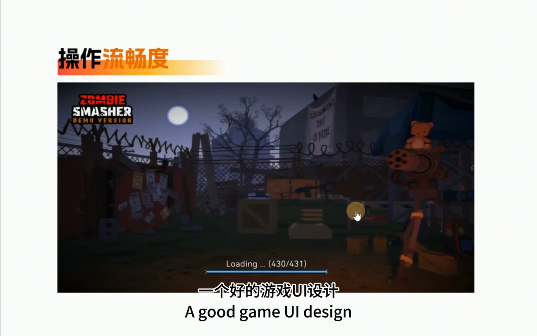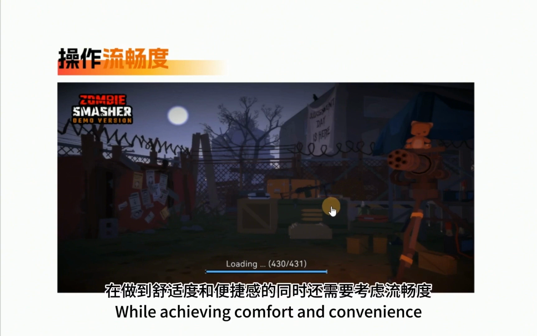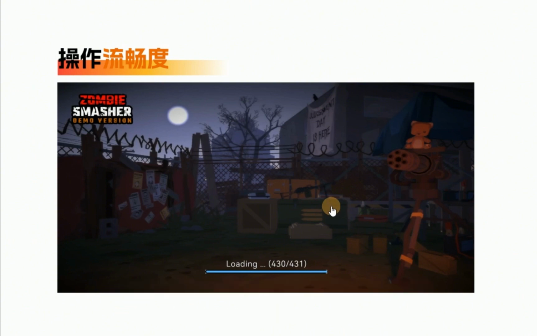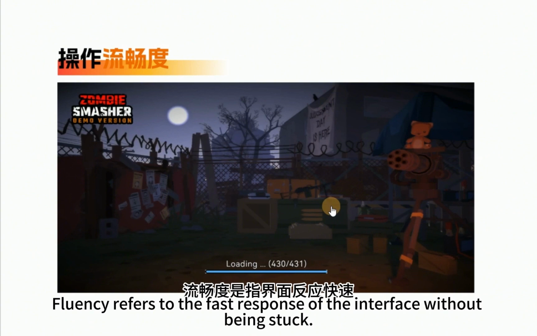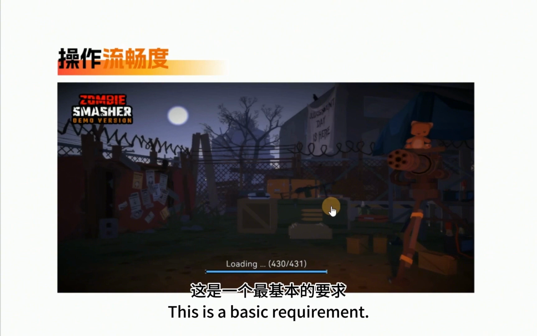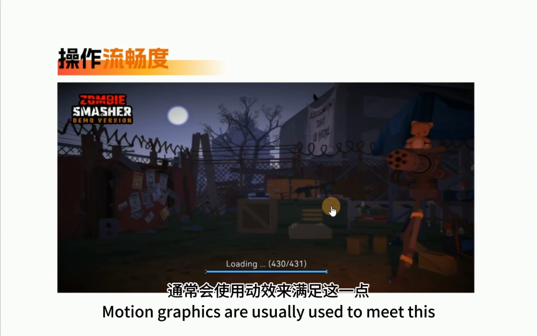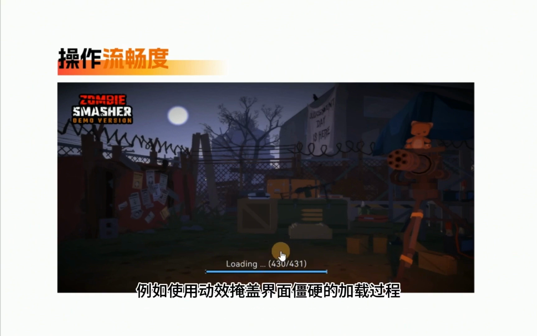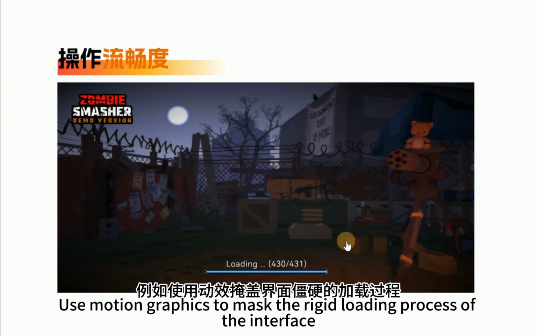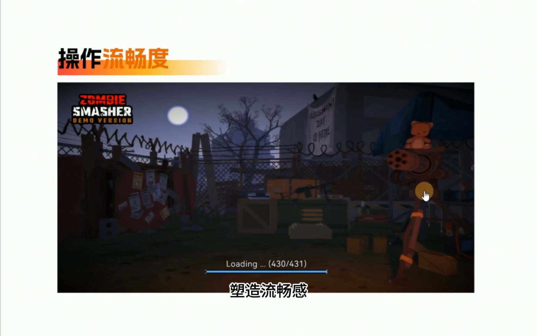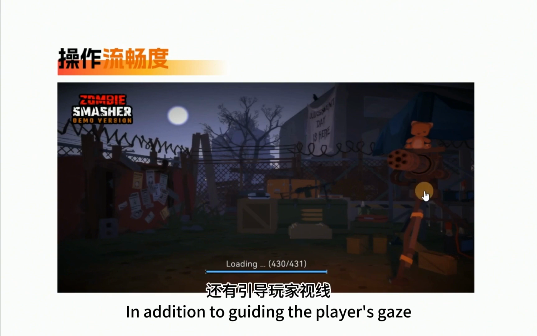A good game UI design, while achieving comfort and convenience, also has to think about fluidity. Fluency refers to the fast response of the interface without being stuck. This is a basic requirement. Motion graphics are usually used to meet this. For example, use motion graphics to mask the rigid loading process of the interface, create a sense of flow, in addition to guiding the player's gaze,